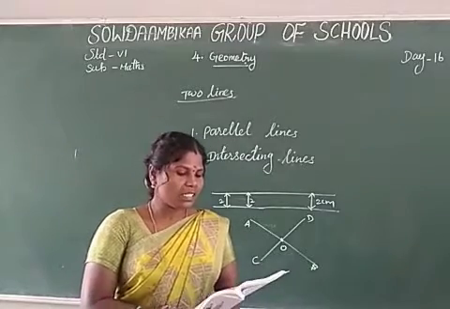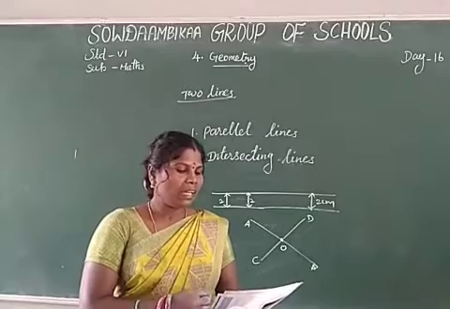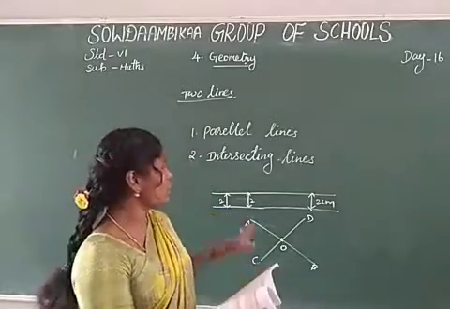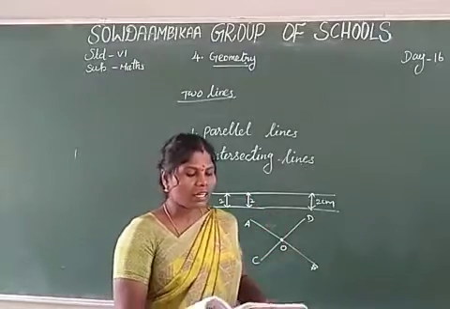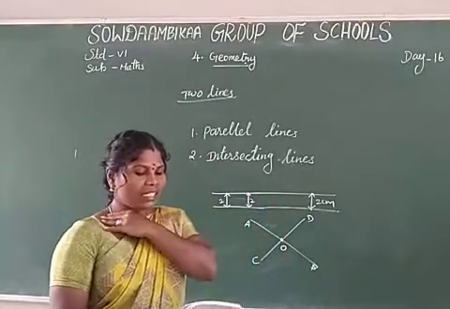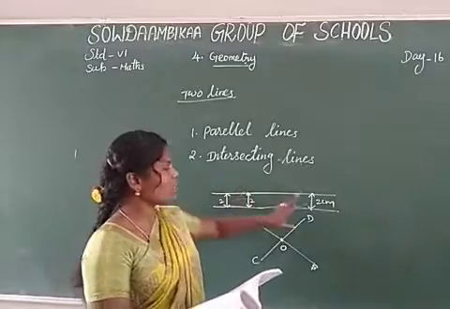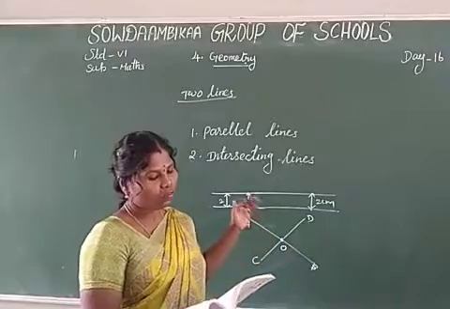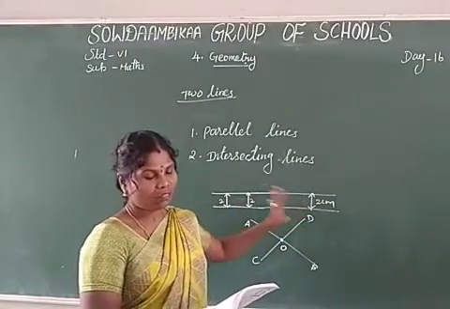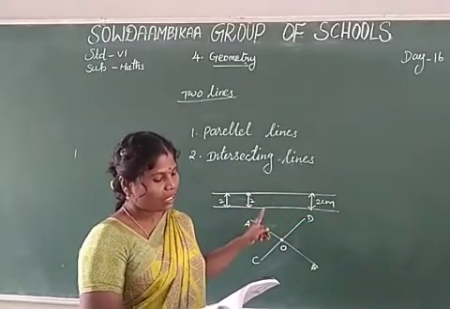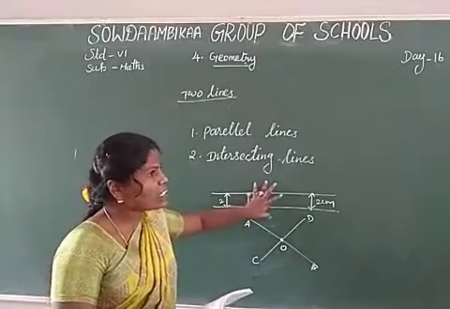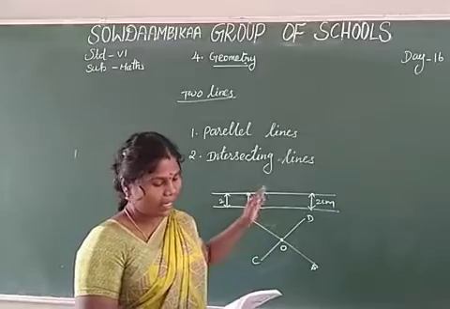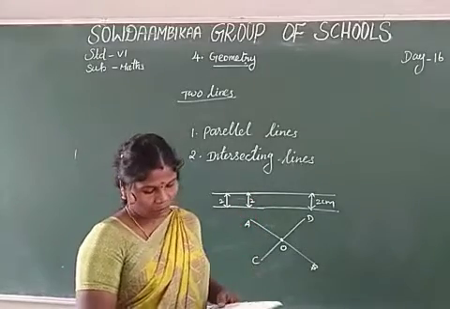Now let us get back to two lines. Lines that go on forever on either side without meeting each other are called parallel lines. See the bracket, that is, they have a constant distance between the two lines. Thus parallel lines go forever without meeting. What happens if two lines meet at any one point? They are not parallel lines. Next is the intersecting line.